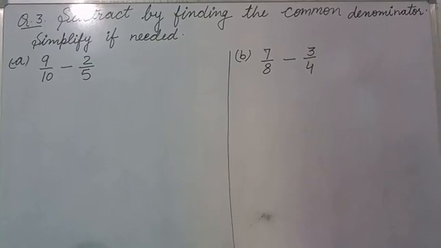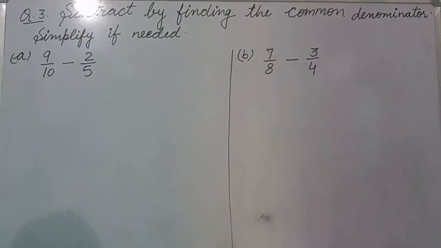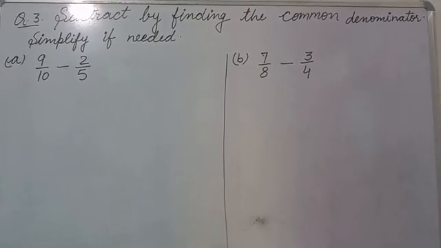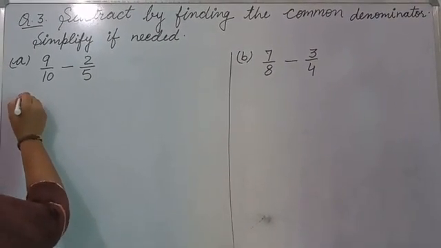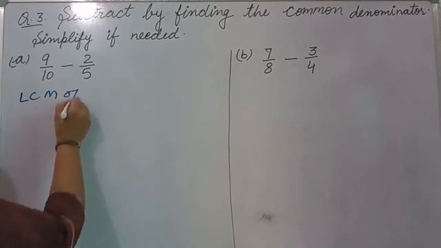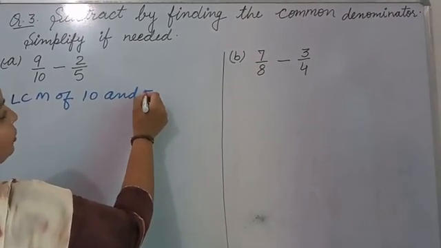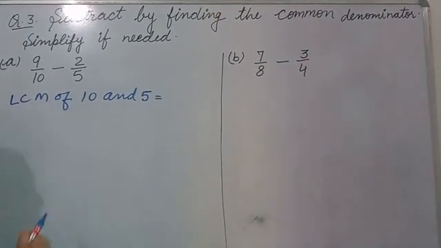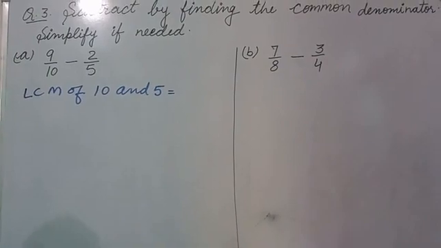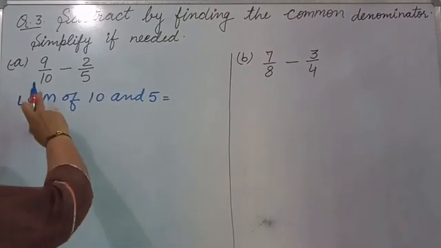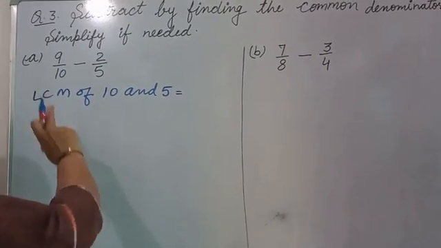We should find the LCM of denominators. For taking common denominator we will find the LCM of denominator. LCM of denominator means we should make the denominators same. Okay. So we will find here LCM of 10 and 5. So as I told you, whenever we have one prime number from these, we should recite the prime number table, and if in that table we have the second denominator, that will be our LCM, and if that does not come in the table, their multiplication is the LCM.